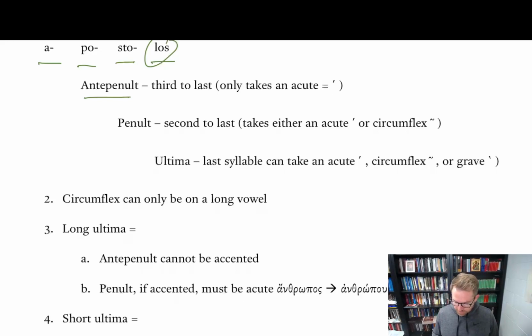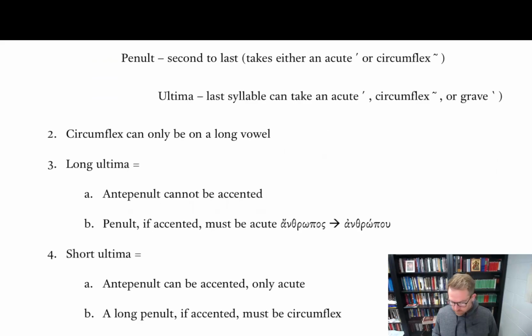So in the case of anthropos, we're going to see why this matters in a little bit. In the morphology of anthropos, it becomes anthropou. When that happens and you have the short vowel become a long diphthong, ou, then the accent migrates from the antepenult to the penult. So again, I'm not going to be testing you on this. If you're kind of going, Tyler, I don't know if I can follow this, this seems weird, these rules are helpful, but I'm not going to be testing you on